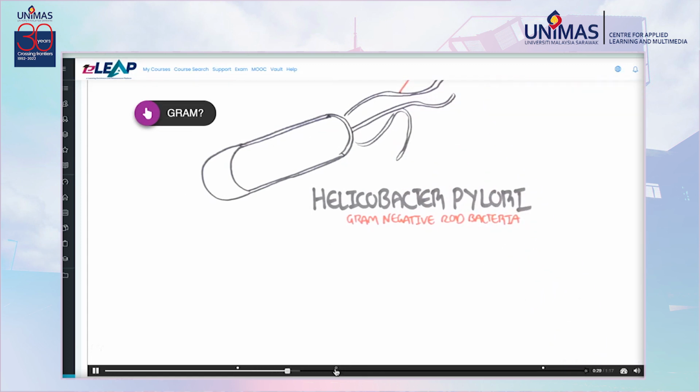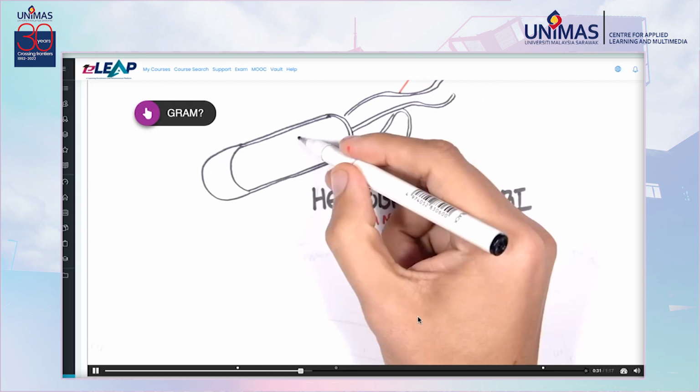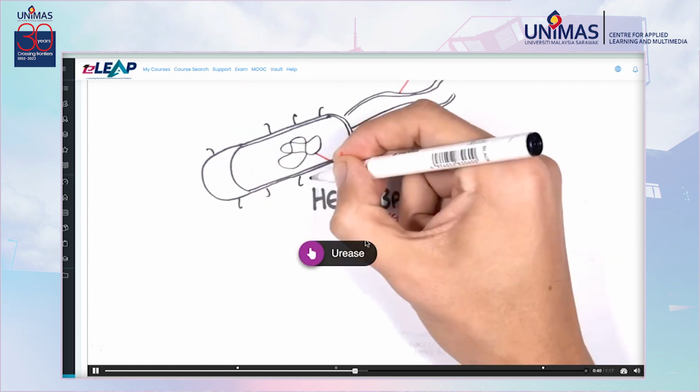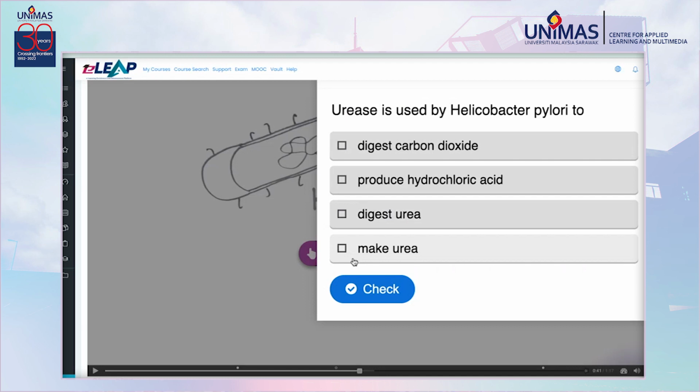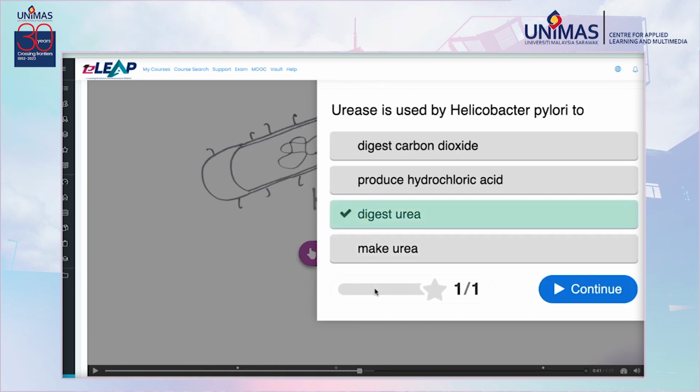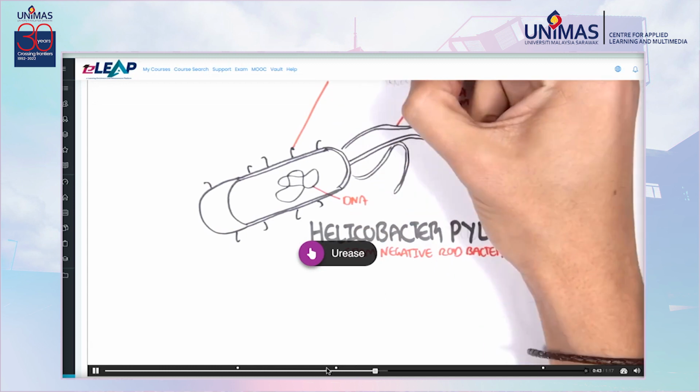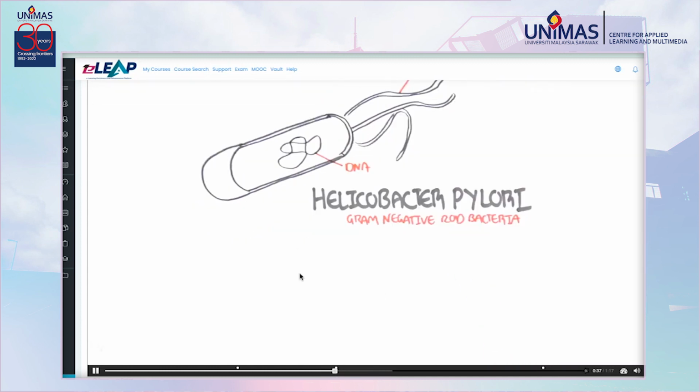This points here, DNA, which is circular. There's a stop point. Some important virulence factors that Helicobacter pylori possesses include lipopolysaccharide. Next question, in a different form, now more like an MCQ: urease is used by Helicobacter pylori to what? So if I choose the right answer and get it immediately, then I continue, which help in adherence. If I get the wrong answer,